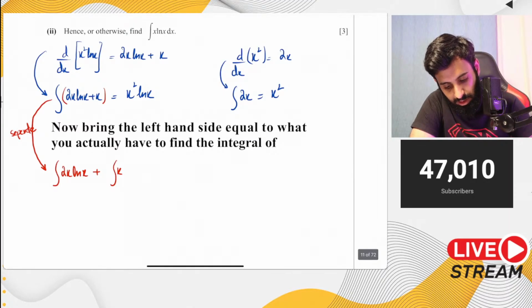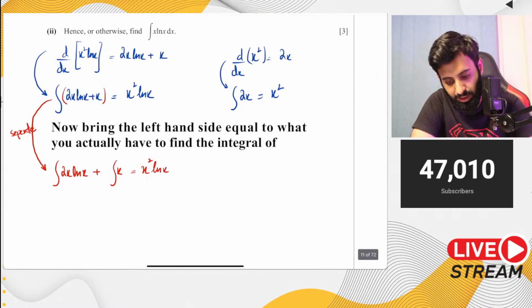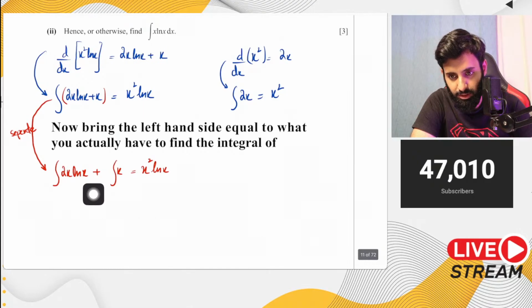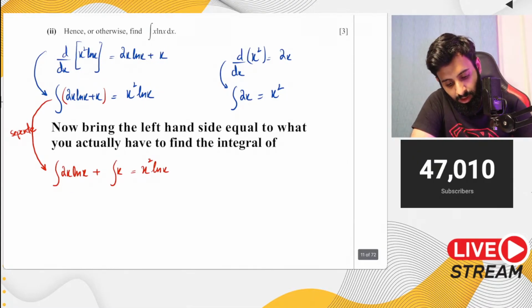Plus x is equal to what? Is equal to x square ln x. Now remember, eyes on the prize. What's the prize? This is the prize. This is what we have to bring the left hand side equal to no matter what we do. Okay, now